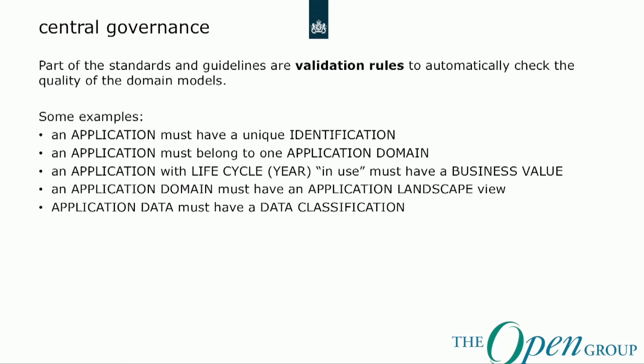Another important thing was the central governance. That's partly because we made the guidelines there, but also that we want to validate. And it doesn't make really sense to add concepts to the Metamodel if we cannot validate it or cannot define a rule how to validate it. In the very beginning, we did it by hand. It is modeled the right way, but it's undoable. There are many domains, and we have thousands and thousands of concepts in it. So we had an automatic validation of